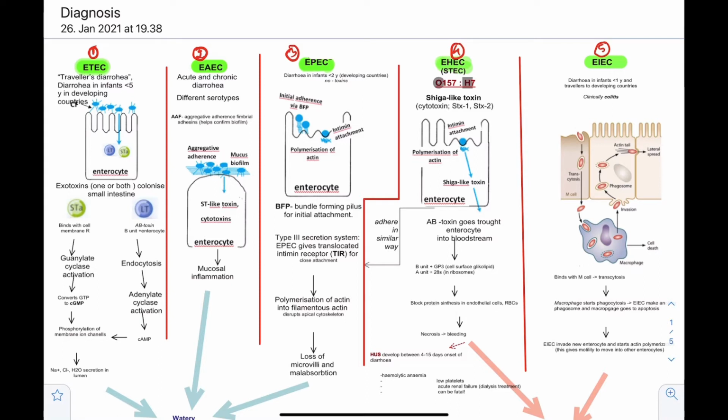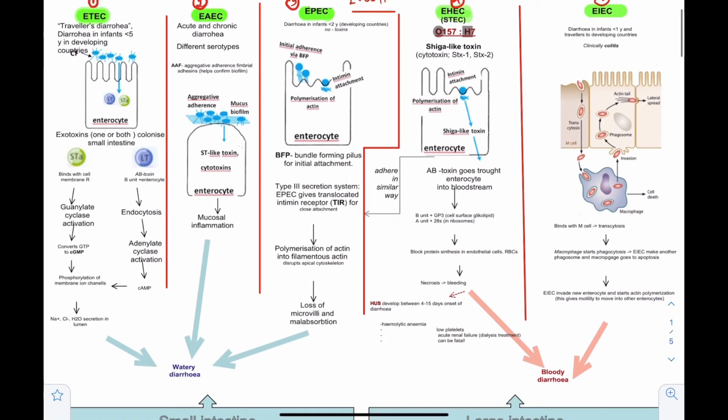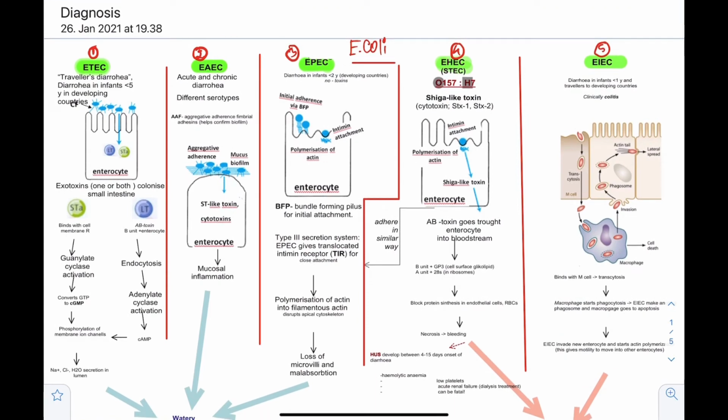So in case of E. coli, as we know, there are four types. You will be able to understand every mechanism because I have explained shigellosis, the mechanism, so it will be more similar. I will explain the very first mechanism. The first is enterotoxigenic